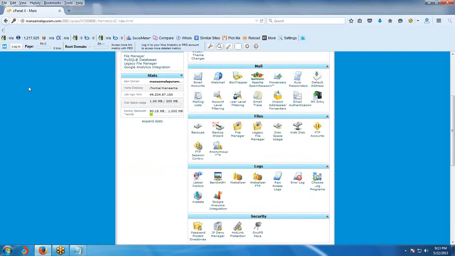Sir, your screen is not showing. Okay, now it's showing. So if you want to upload any files from your system to the server, this is the option, Files and File Manager.